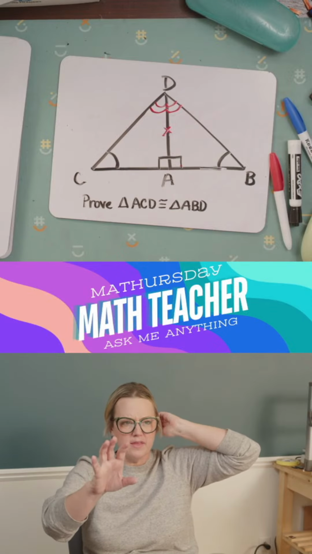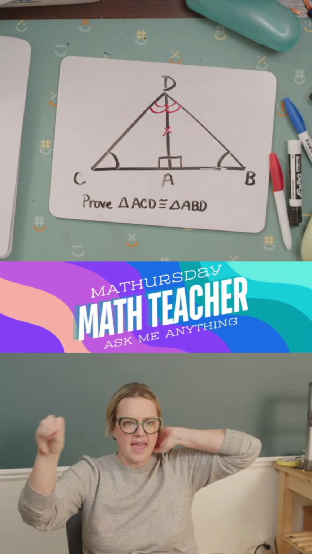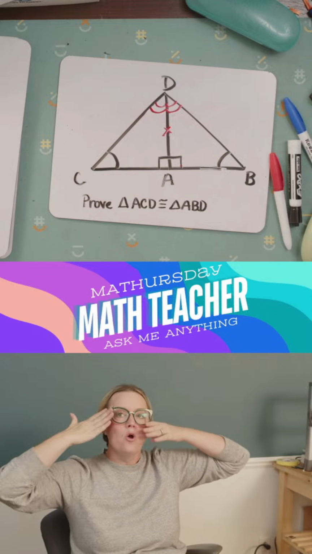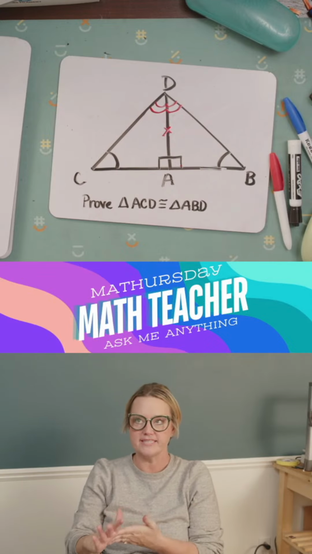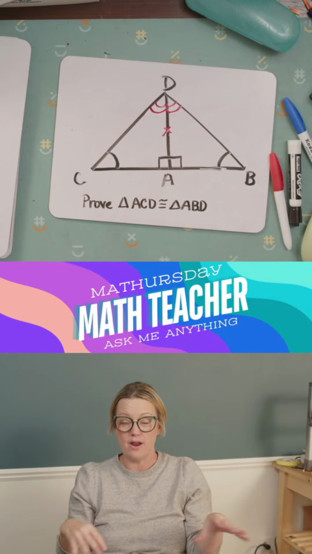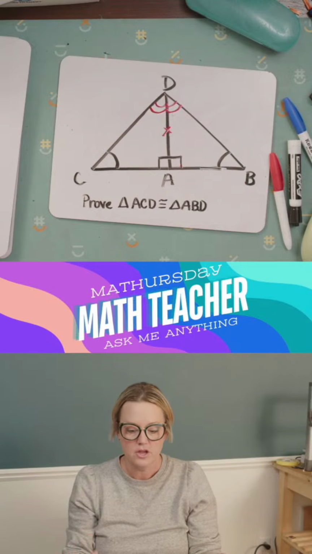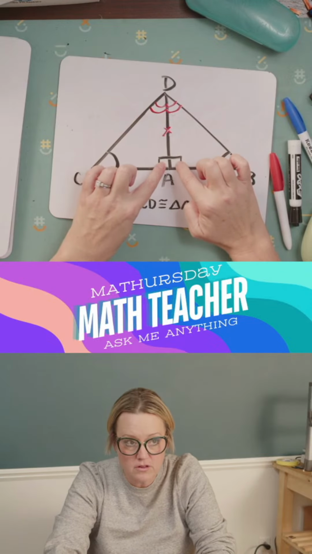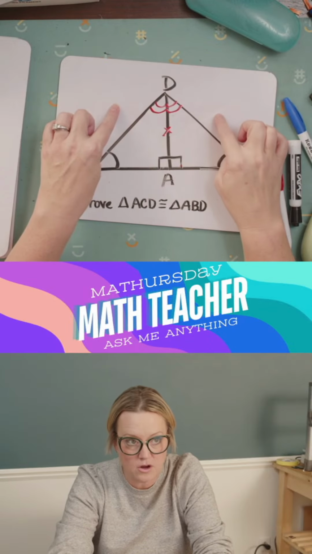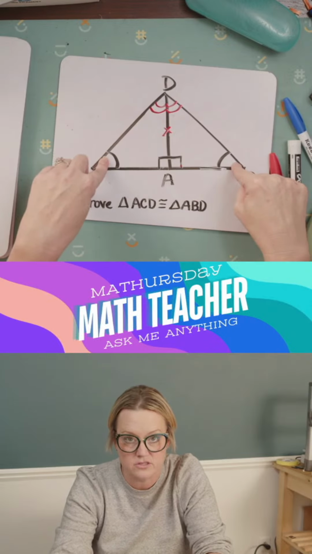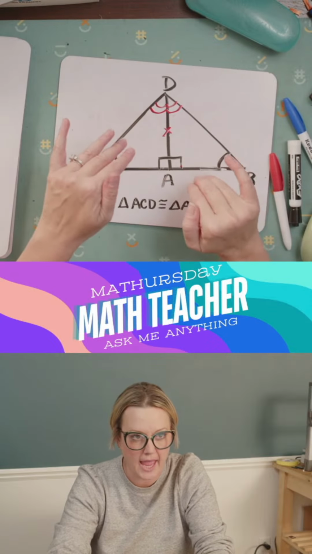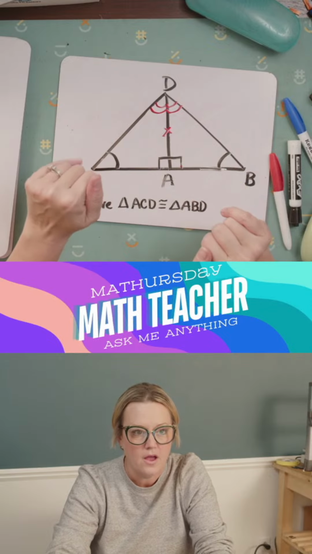But yeah, I think you're talking about the AAS or the ASA. It's all the order of what you have or what you can prove. So what it's saying is, when it's ASA, if those are congruent between two triangles in that order, they are congruent triangles. So if I just know angle, side, angle, I know that these two sides are also congruent, these two sides are also congruent, and this angle is congruent, okay? So that's what we look at, okay? All right,